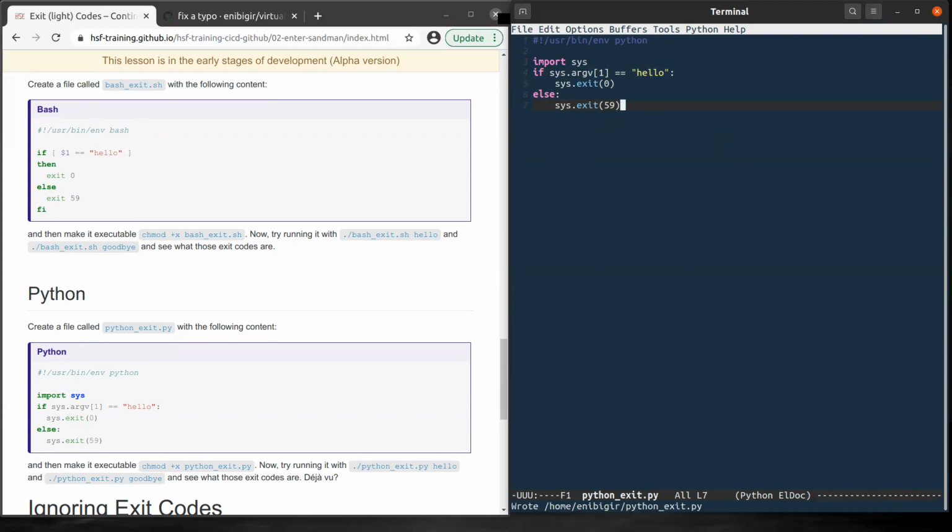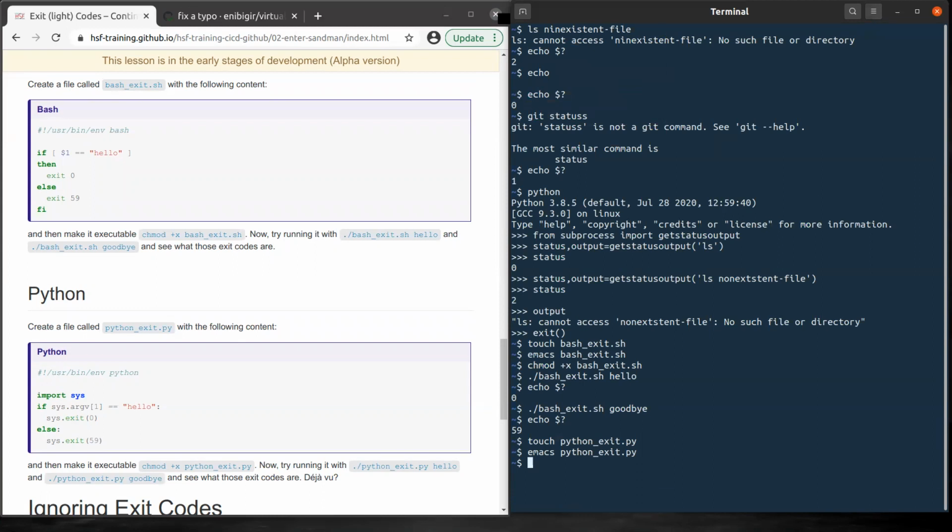Now we can go ahead and make it executable again. Let's try to run the Python script with hello. Let's check the exit code, which is 0.